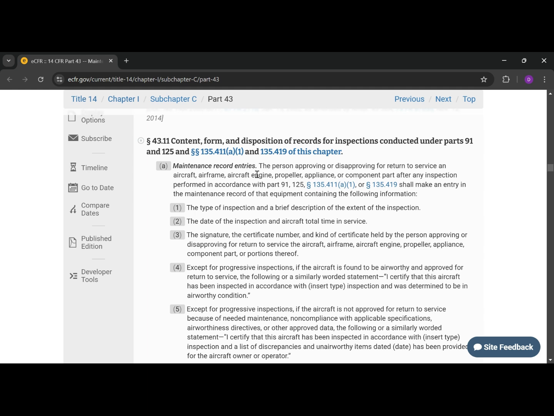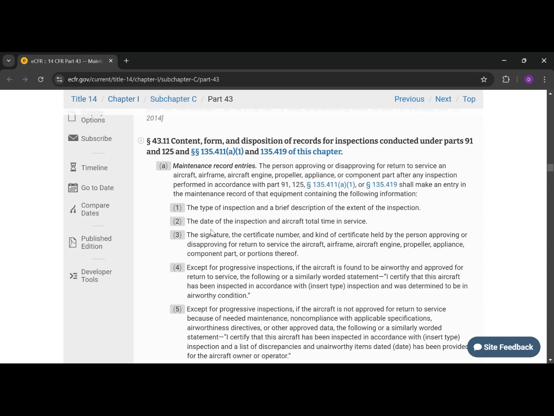Maintenance record entries. The person approving or disapproving for return to service an aircraft, airframe, aircraft engine, propeller, appliance, or component part after any inspection performed in accordance with Part 91, 125, 135-411A1, or 135-419 shall make an entry in the maintenance record of that equipment containing the following information. So this is the information that is required: the type of inspection and a brief description of the extent of